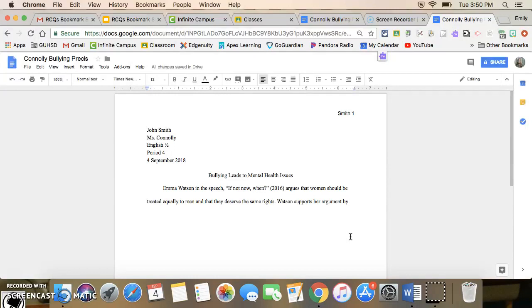So I'm going to put a word from the C box in this spot that helps lead into my 3 types of evidence. So I'm going to put by demonstrating, and then you need to put what she's demonstrating. So demonstrating that women and men are not treated equally